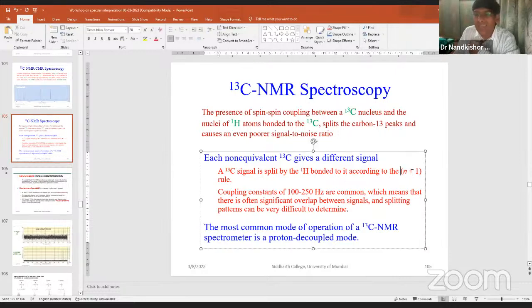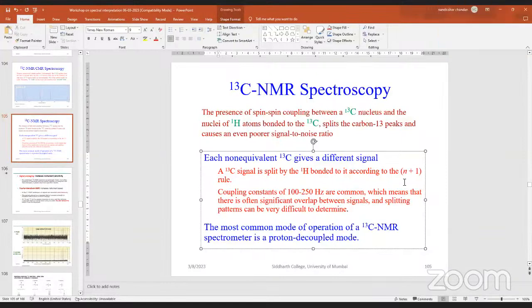The first order equation, n plus 1, is applicable absolutely with what? The nuclei attached to the carbon, because carbon has a half integral spin as well as proton. So the carbon may couple with the proton. According to the n plus 1 rule, there is a coupling with the proton. The carbon will couple with the proton. So simply,